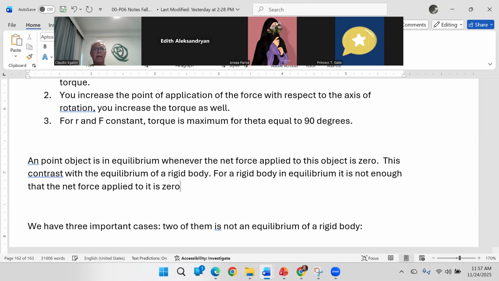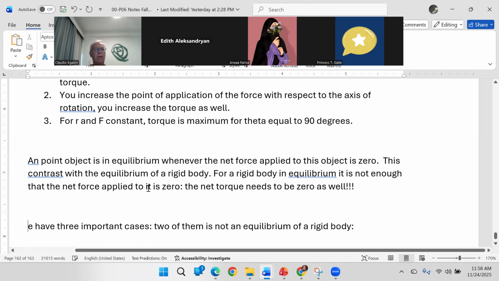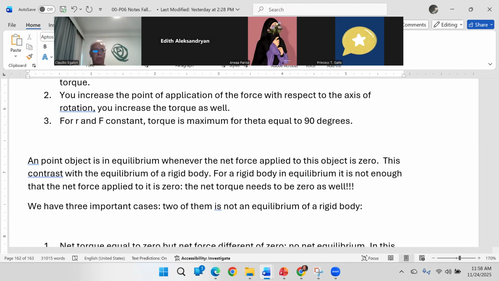You need more than that. The net torque needs to be zero as well, okay? And I'm going to show some interesting examples. So for a rigid body to be in equilibrium,